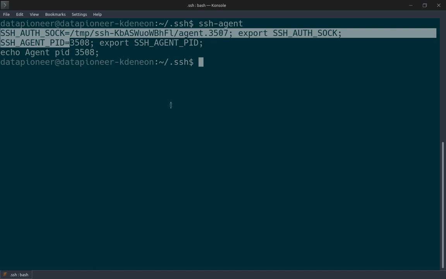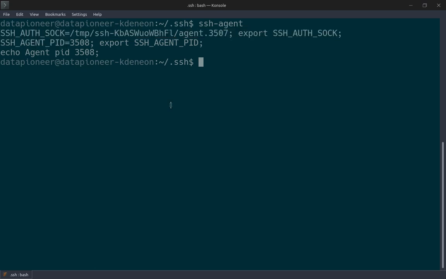So what I need to do now is copy those up to the memory location. Now I could do this manually by stopping the ssh-agent using a command called ssh-agent -k for kill. I could do that. But what I'm going to do is show you